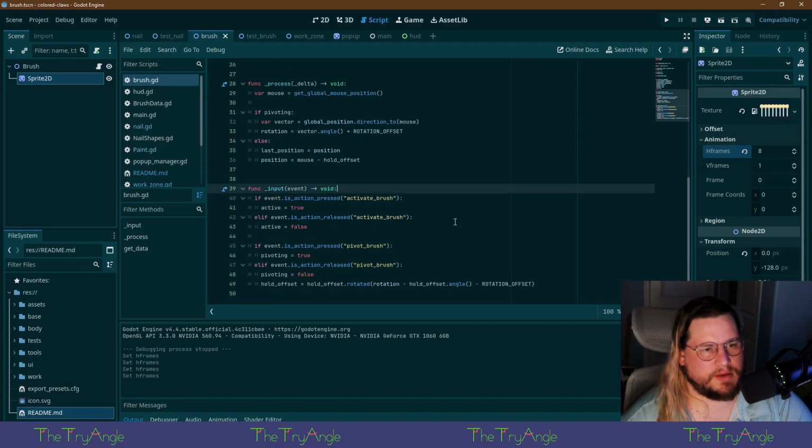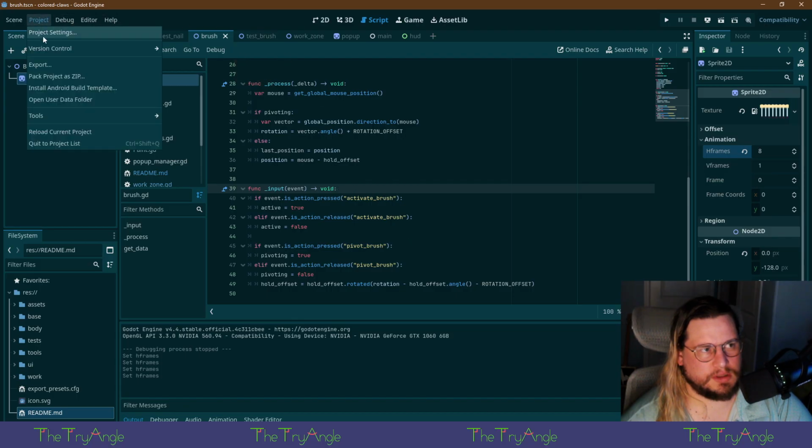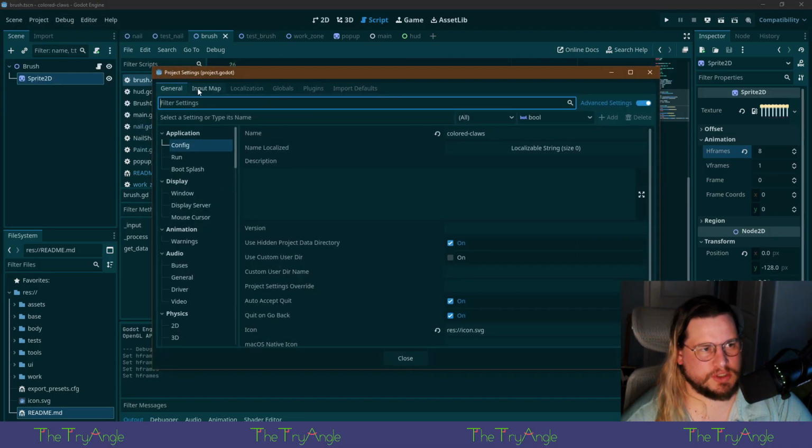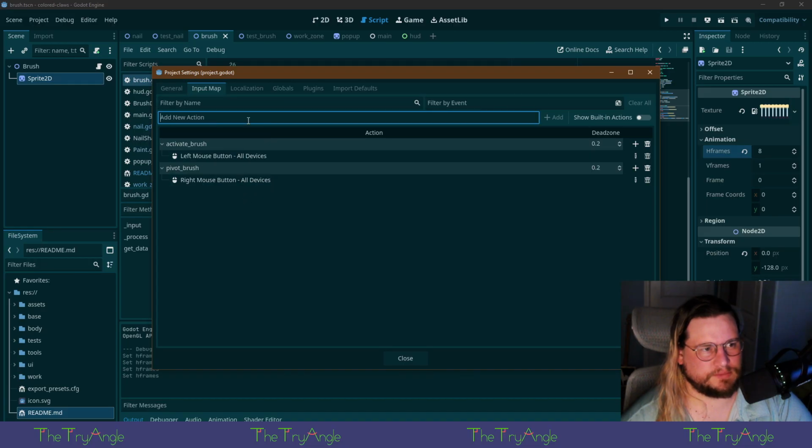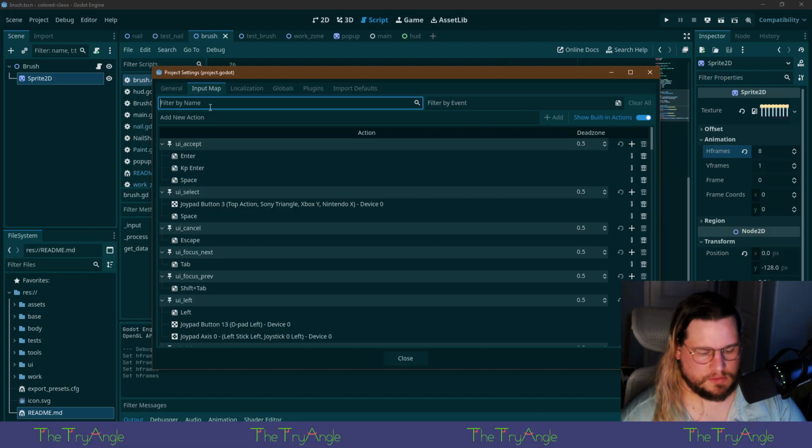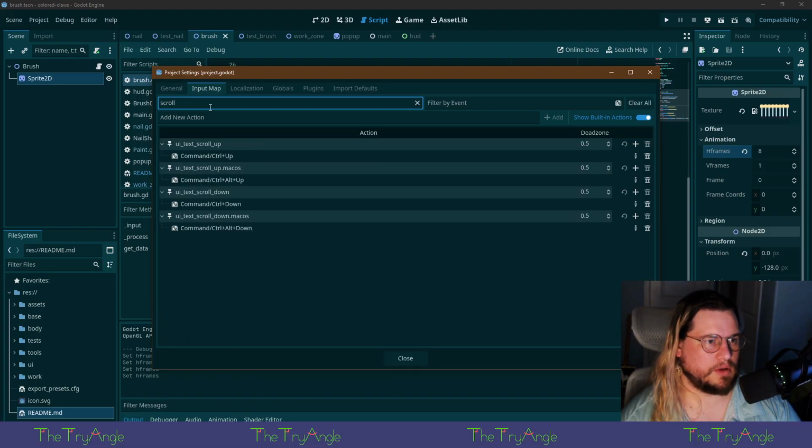Cool. So let's think here. Our input, the scroll wheel. What does a scroll wheel look like? Scroll up, scroll down.